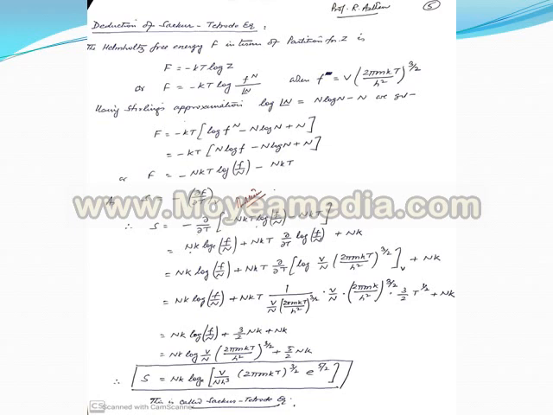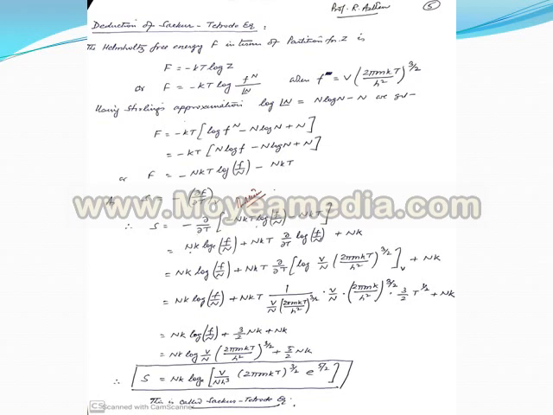Now, as entropy S is equal to minus del F by del T at constant V, therefore S is equal to minus del over del T [minus NkT log (small f by N) minus NkT] is equal to Nk log (small f by N) plus NkT del over del T log (small f by N) plus Nk is equal to Nk log (small f by N) plus NkT del over del T log [V upon N (2 pi mkT upon h square) to the power 3/2] plus Nk